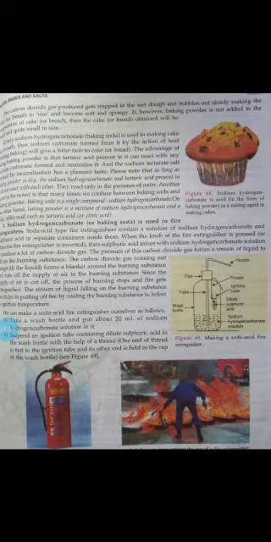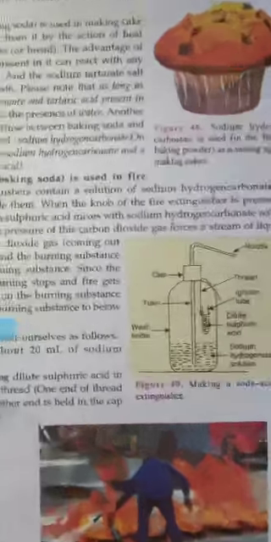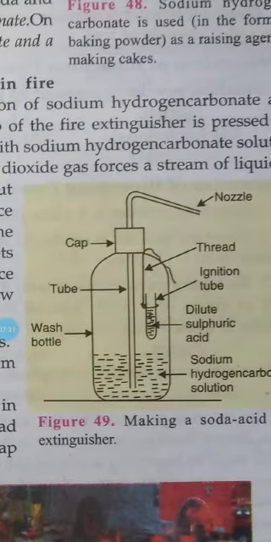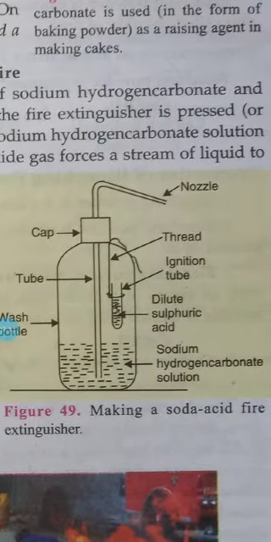Sodium hydrogen carbonate is also used in fire extinguishers. A fire extinguisher is a device which is used to control fire. In fire extinguishers, sodium hydrogen carbonate reacts with the acid, as you can see in the picture diagram. Dilute sulfuric acid is used in the fire extinguisher, and when sodium hydrogen carbonate solution reacts with this acid,